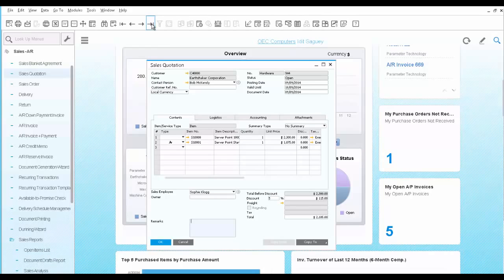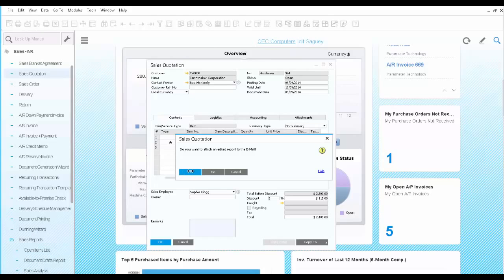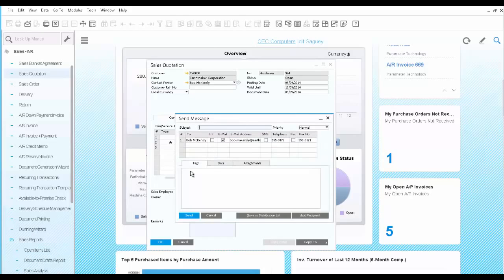Let's open the quotation we just created and send it by email. We click the email icon, we say yes, and the new window opens up to send an email. The contact person is the same contact person that was used in the quotation. You can add some text, remarks,